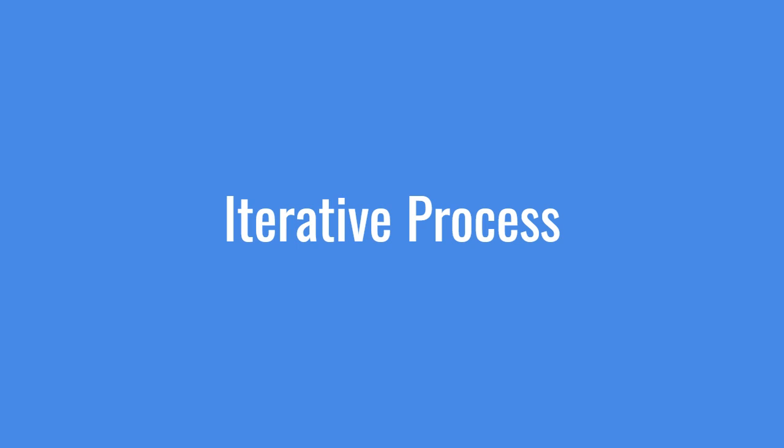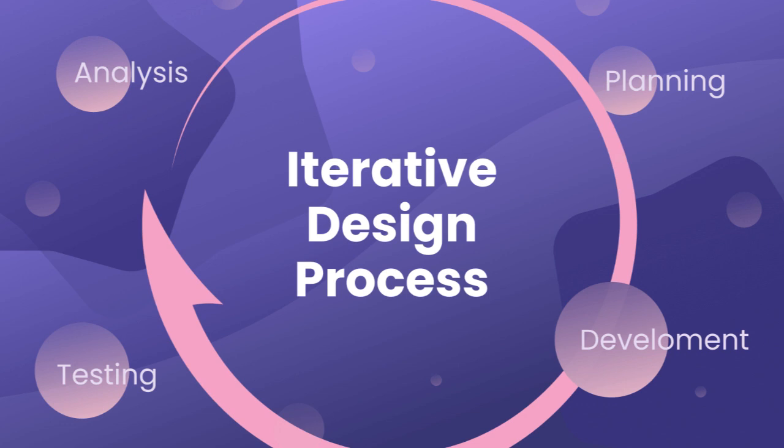Then iterative process means design thinking is an iterative and cyclical process, meaning it will repeat itself, that involves prototyping, testing, and refining solutions based on user feedback. Once you develop something, you get feedback from the customer, and then we enhance the things, and again we get feedback. This allows for continuous improvement and adaptation, and through this iterative process, at some point we will reach something which is acceptable for the customer.